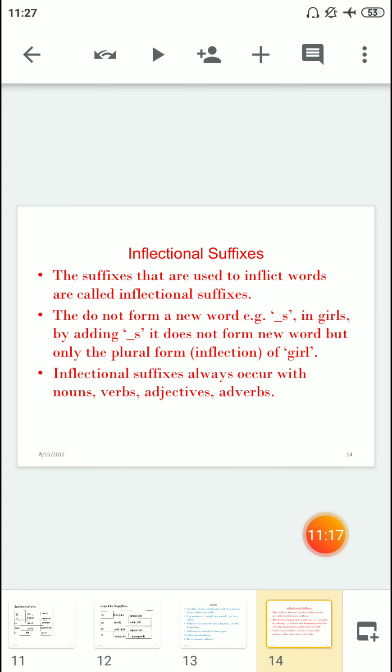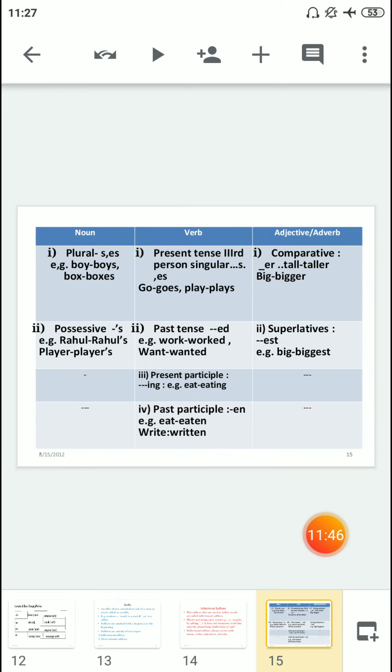Inflectional suffixes are the suffixes we use to inflect the word. They do not form a new word. For example, if we attach s to the word girl, it becomes girls. By adding the s, it doesn't form a new word, but it just changes the number. That means from one girl, it becomes many girls. Inflectional suffixes occur with nouns, verbs, adjectives, and adverbs. For example, with nouns, for making plurals or for making possessives. For verbs, for the present tense, for the present tense third person singular verb,